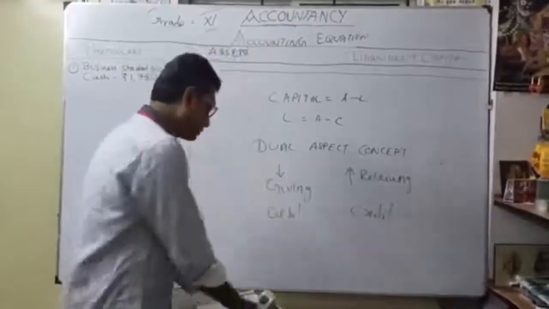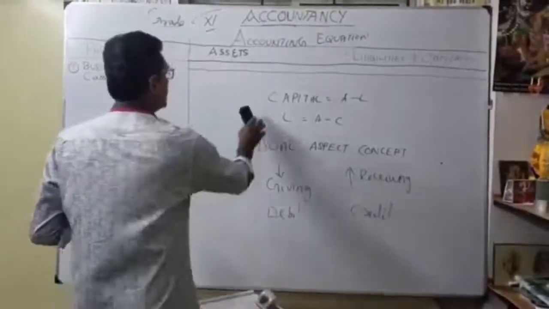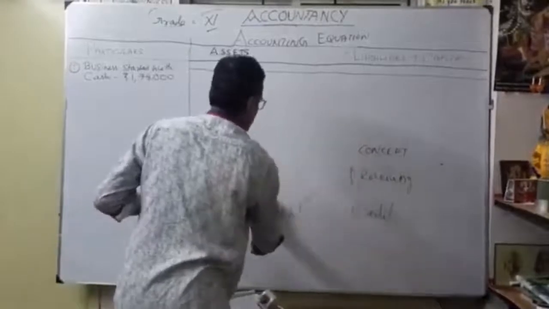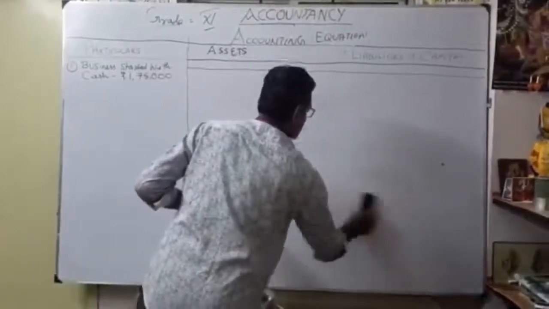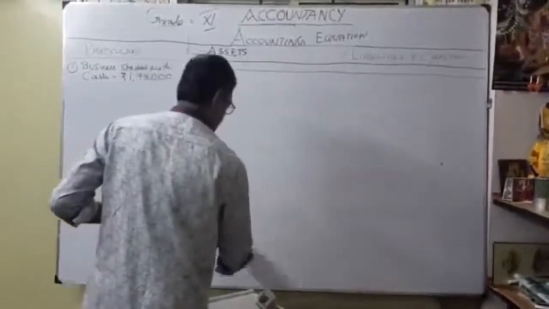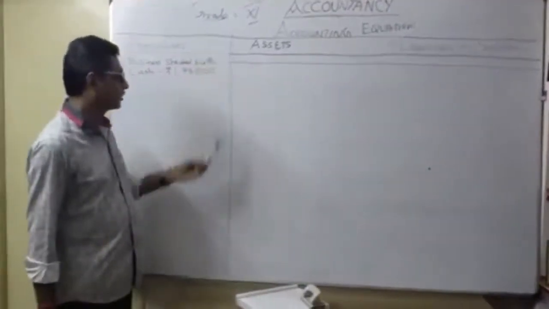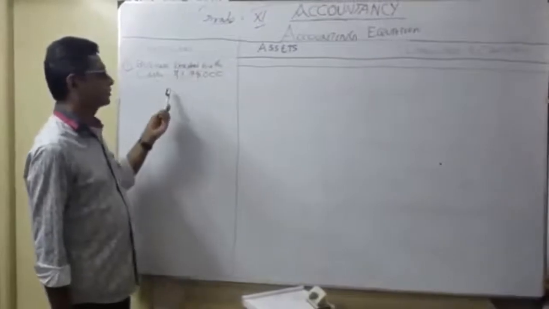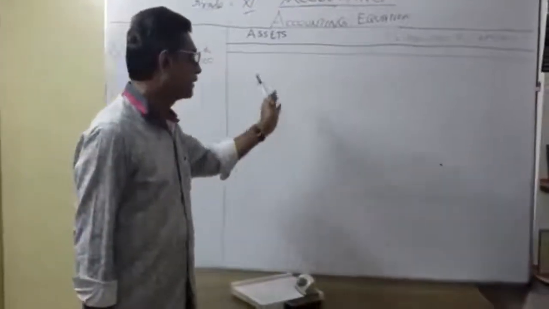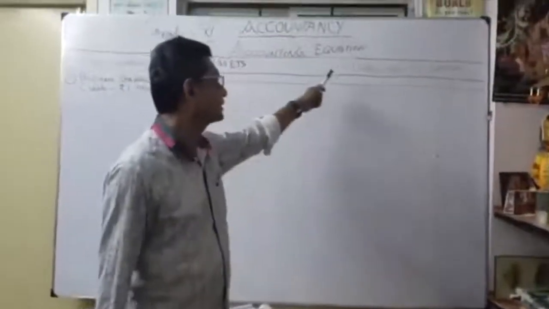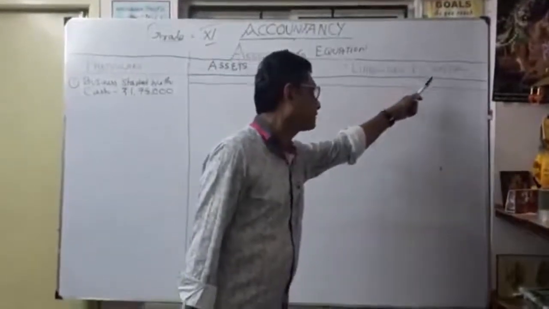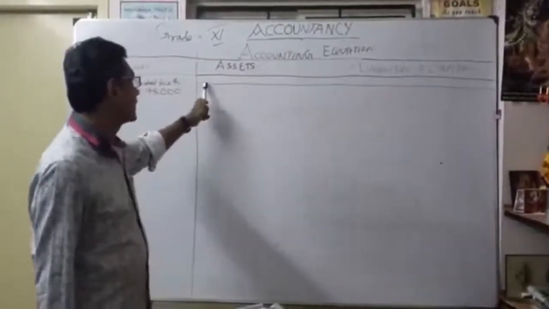Now we will work out one problem. So definitely you will be able to follow the accounting equation. It's very easy and very interesting. Let us follow one by one how we are going to write the accounting equation. See here, we want to draw like this. Here the particulars, assets. I will tell you why I am giving a lot of space here, and equal to liabilities plus capital. This is the equation. Then I draw one more line here.